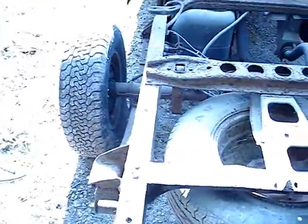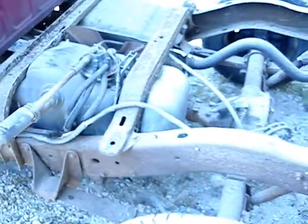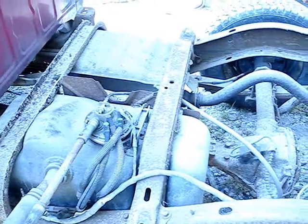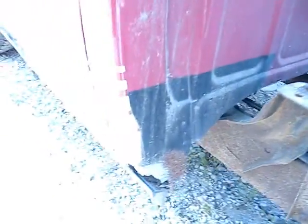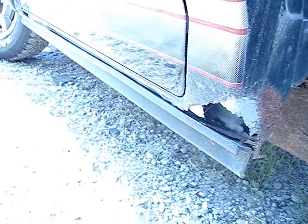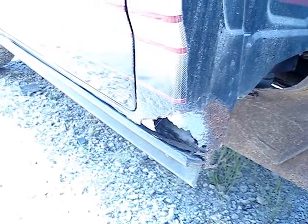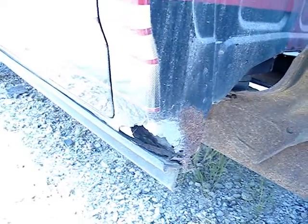now ready for sandblasting. So we are just going to sandblast everything off and then work on all the wires and everything. And we got these rust spots that we are going to fix. So now with the truck bed off, it's going to be a lot easier. As you see, we got rust